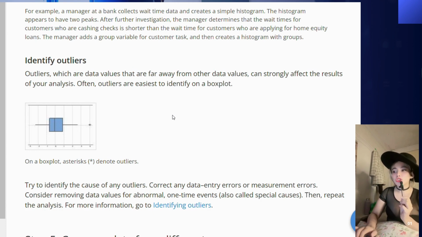For the symmetric distribution, the mean blue line, which is here, and the mean